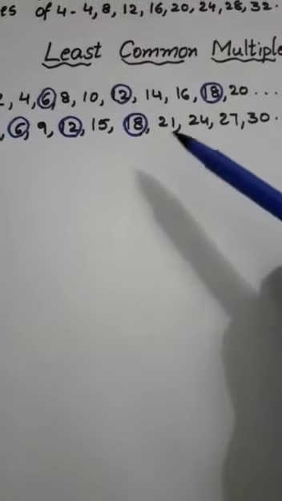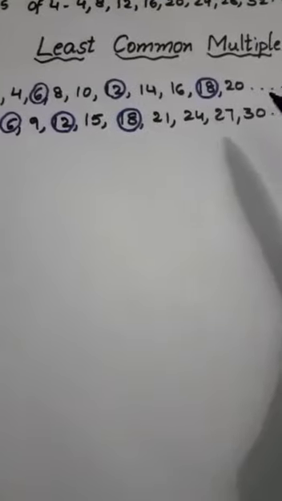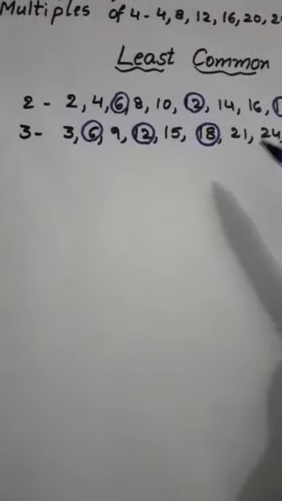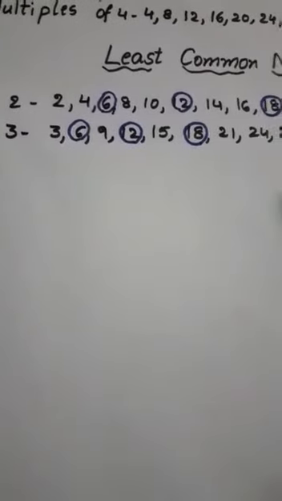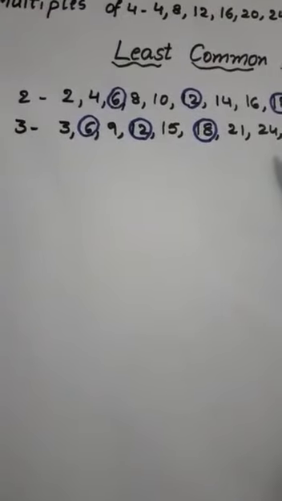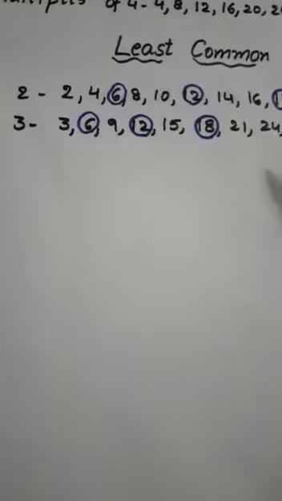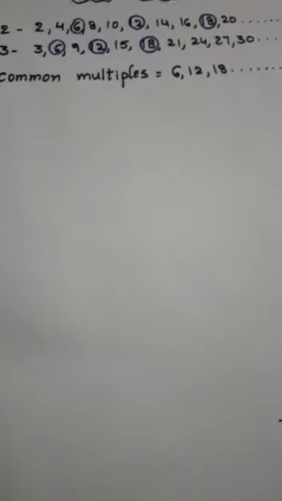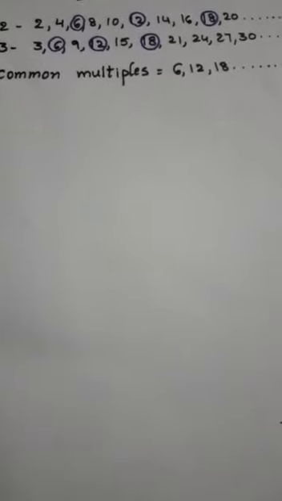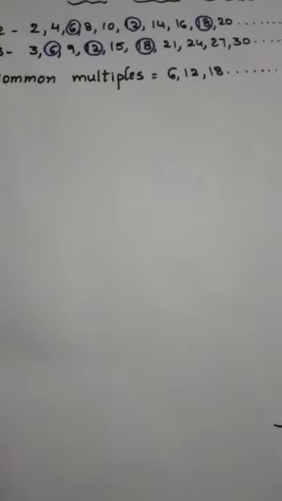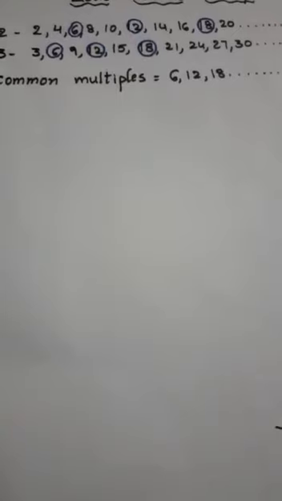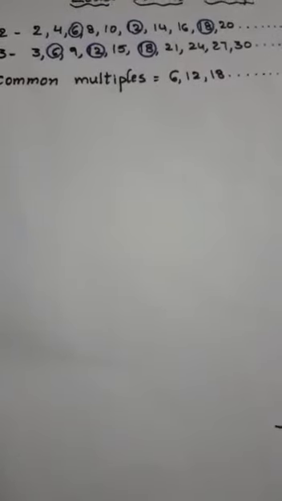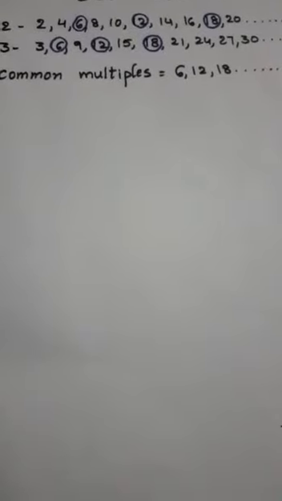So that's why circle these numbers. Next 20. Now still you can write more. You can get more multiples. Now these are common for these 2 and 3 or not. So that's why these are common multiples of 2 and 3. So now what are the multiples here? 6, 12, 18. I put and so on. Why? Because here you will get after in 2 table 30 also there, 24 also there. You will get those also common multiples. So that's why I put here and so on.